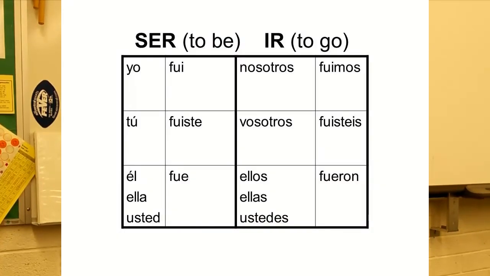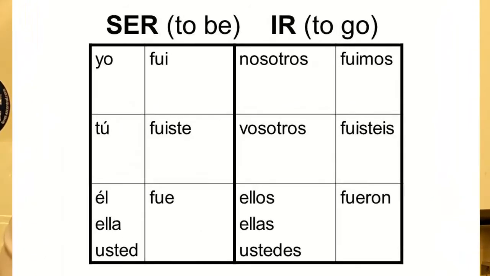Okay, once again, I'm going to put this back up on the screen while I give a few closing comments. You just got to know these. We're going to practice them. We're going to use them so much that hopefully they kind of start to stick and they get ingrained. But for now, let's start with the chart. Let's study this. Let's know it. Fui, fuiste, fue, fuimos, fueron. If you're in my class, you'll see I've got it over on the whiteboard on the side of the room.